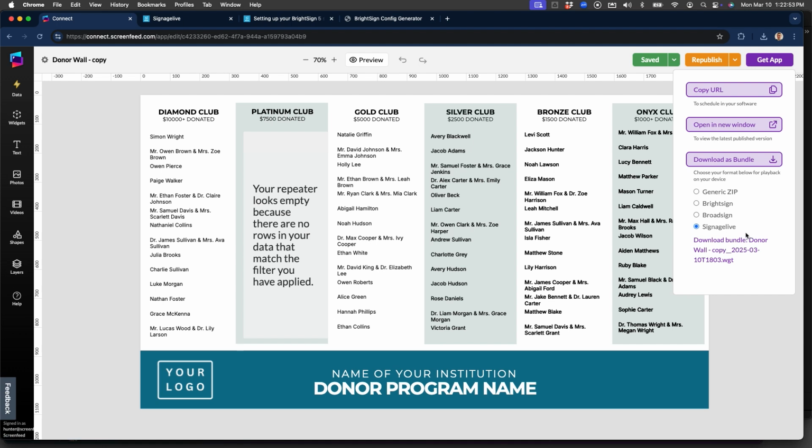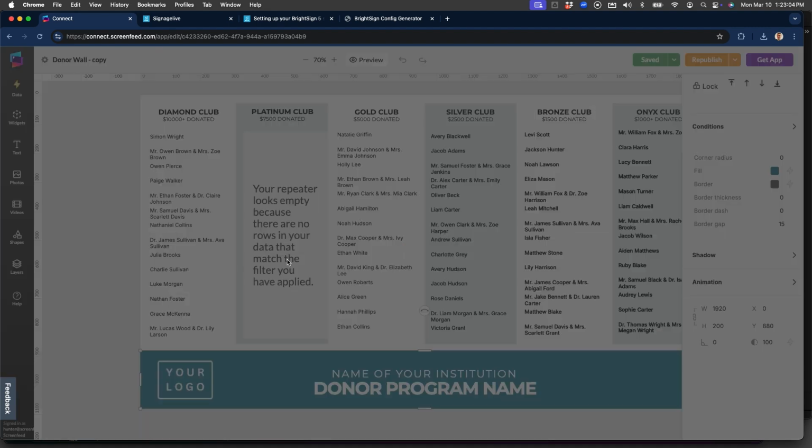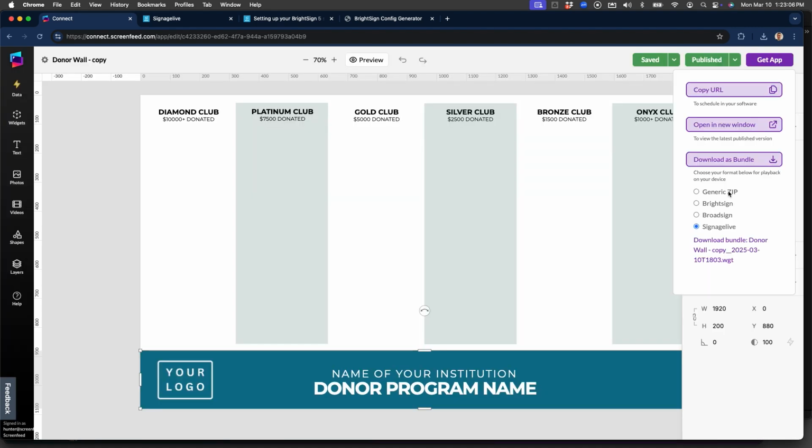What it will not do is update the design going forward. So if I wanted to publish this with a new design, let's say changing the color, for example, or changing the logo, I would need to republish, go to Get App, and download the bundle and go through this process again.